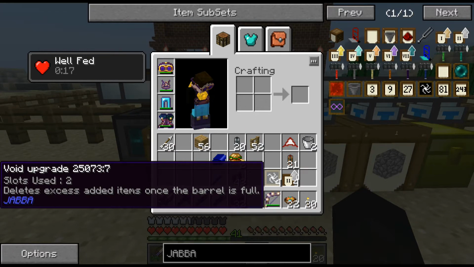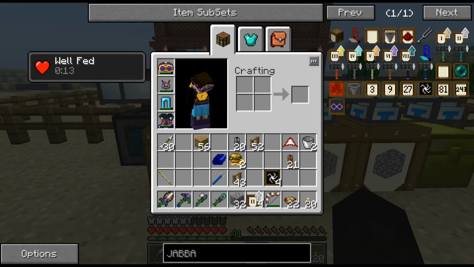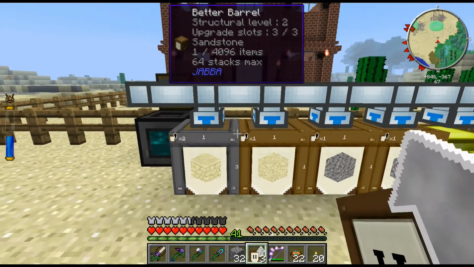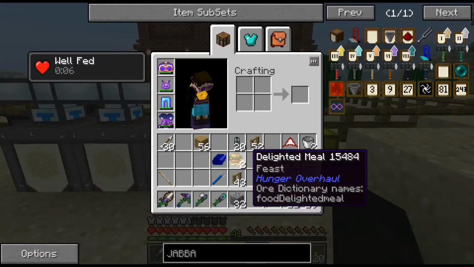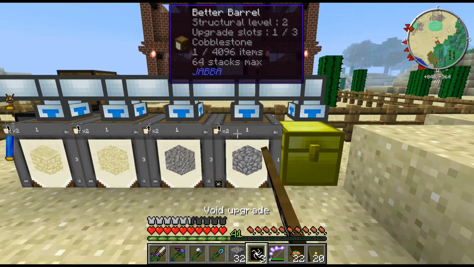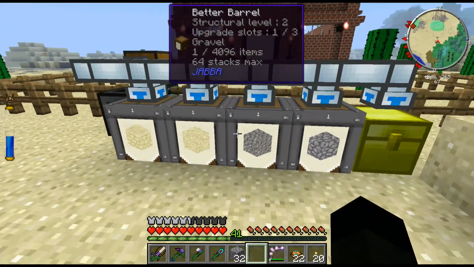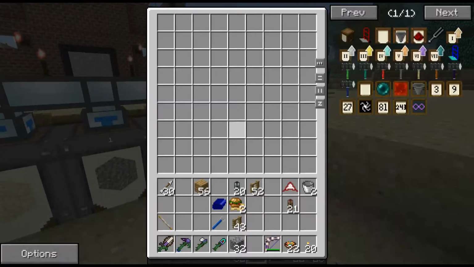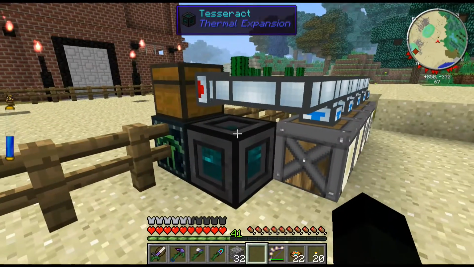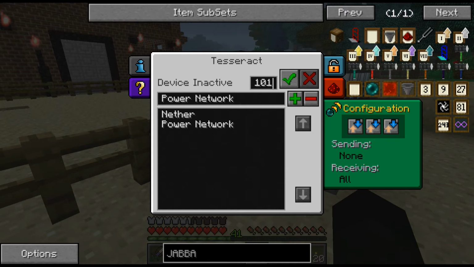I want to add these, which avoid upgrades, but they need 2 slots. So we're going to have to apply the next level, which is the iron upgrade. And again, not short of iron. And then finally, we're going to put these. So when these get full, 64 stacks of each, they will start just dumping everything. This should get everything else. So all that remains is for me to go, I want you to receive...